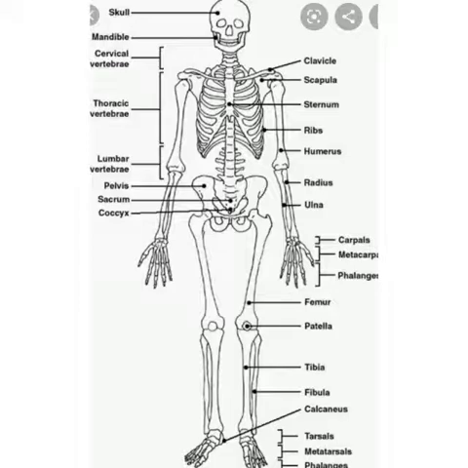Limbs. Human beings have 4 limbs, a pair of upper limbs, arms, and a pair of lower limbs, legs. Upper limbs have 2 parts, the upper arm and the lower arm. The bone present in the upper arm, called humerus, is joined to the 2 bones of the lower arm at the elbow region. Functions of upper limbs. Its bones, along with muscles and joints, cause movements of arms and thus help in doing activities such as eating,